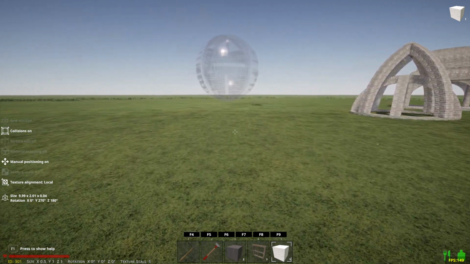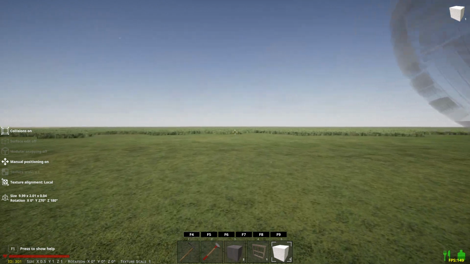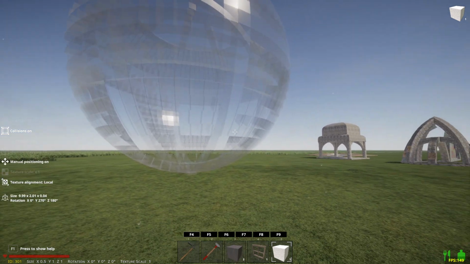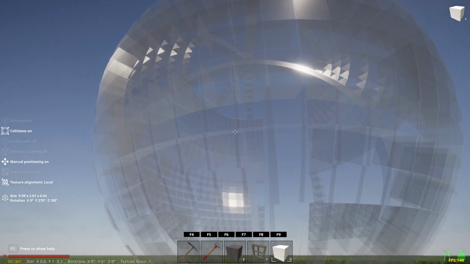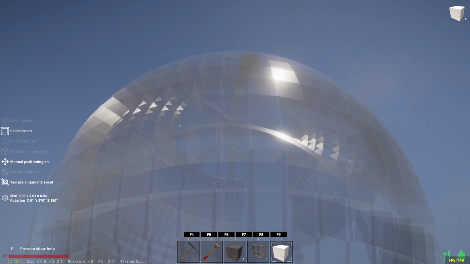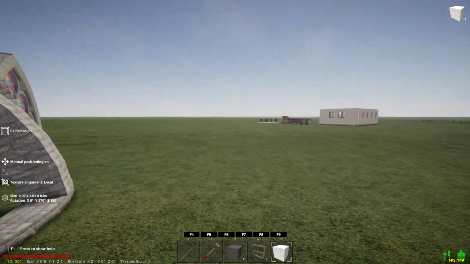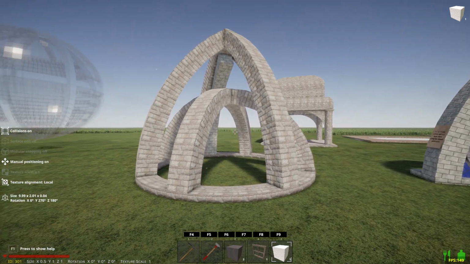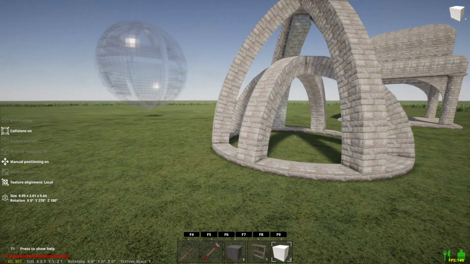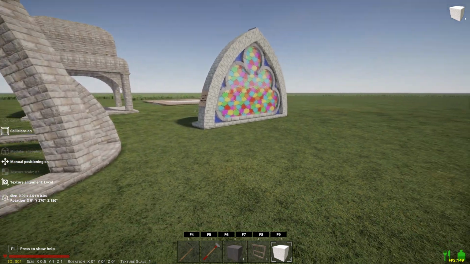And just because I was playing around, I went and created this for no reason other than just to see if I could. It is, obviously, a glass sphere made with blocks. I have no idea what you would do with that, but it can be done. And I was messing about with learning to do arcs the new and easy way. So our next video, which I'm going to start right away, will be learning how to do this. We're going to do a couple of different methods, and